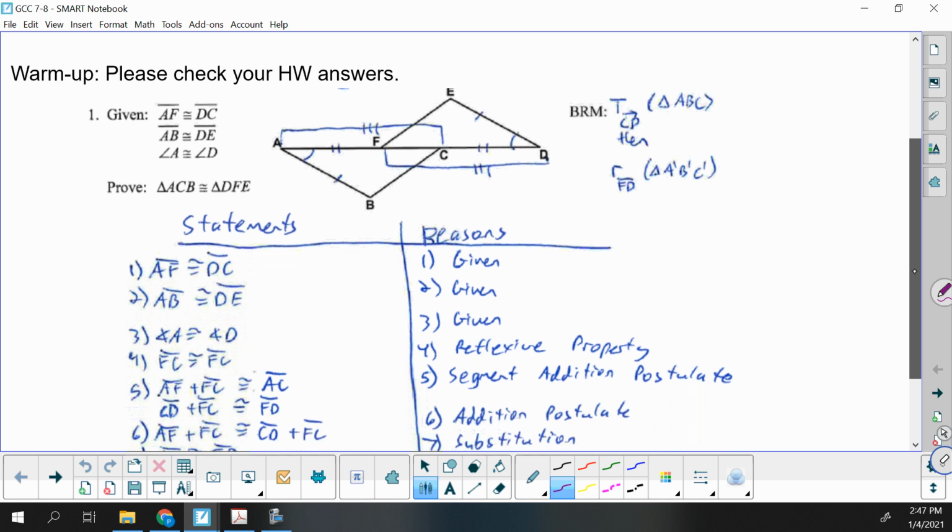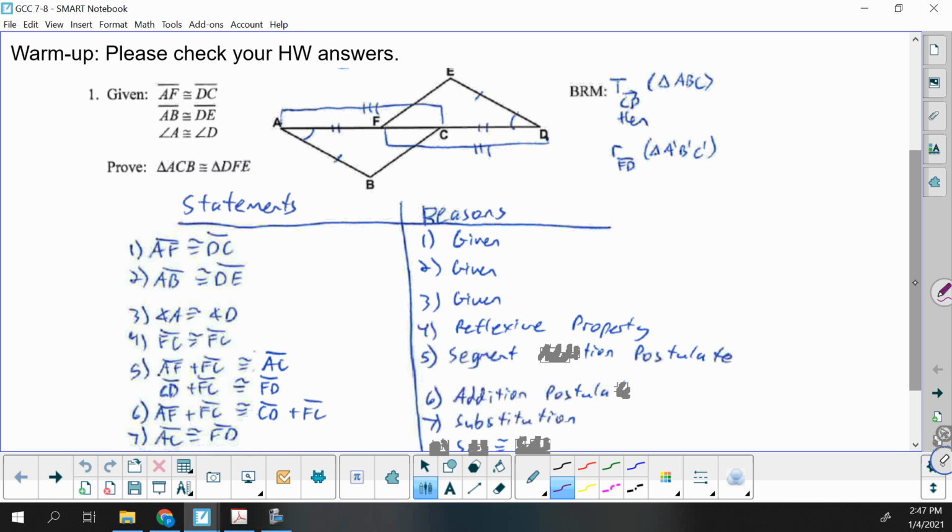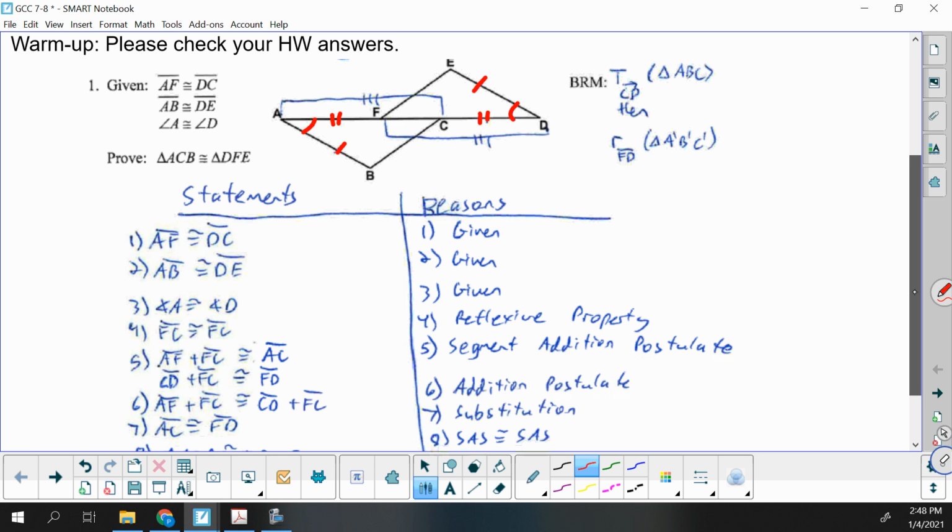Now when we have our givens, we have AF congruent to DC. So you should be suspicious about that because AF and DC are not sides in the triangle. That's what should lead us to think, oh, we're going to have to do some addition here because AF is short of a full side. So our initial things that we were given, we had those, great, we got a side in the triangles. We had those, great, we got an angle in the triangles. But we have these segments here from D to C and A to F, and that's not a side in the triangle. So what we need to do is first say that FC is congruent to itself by the reflexive